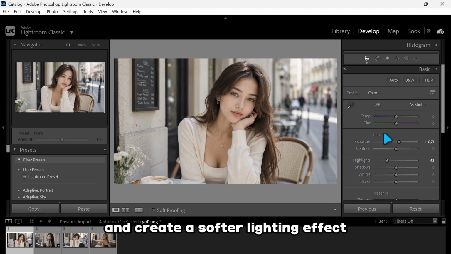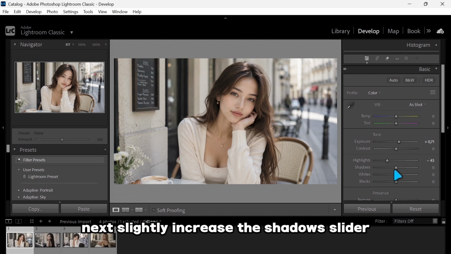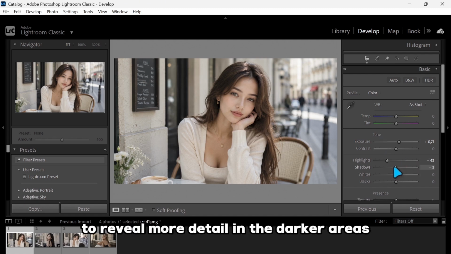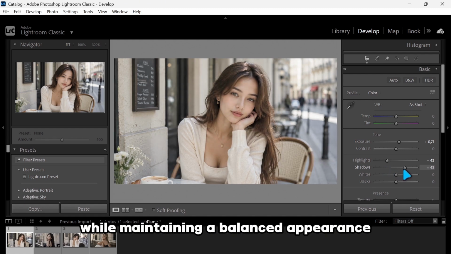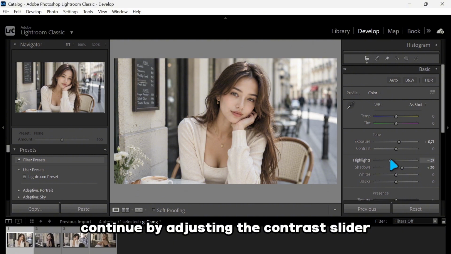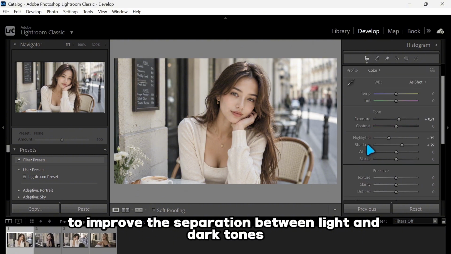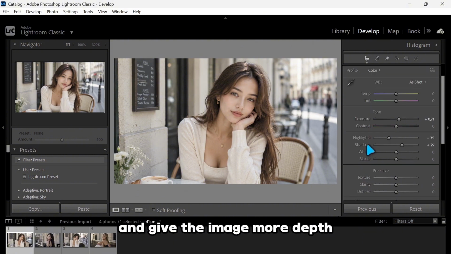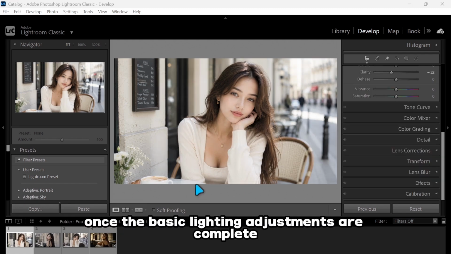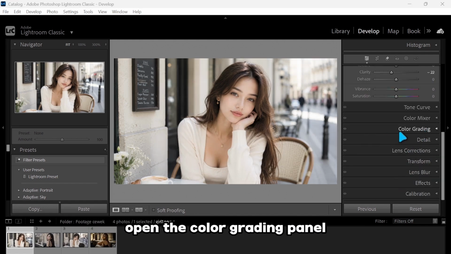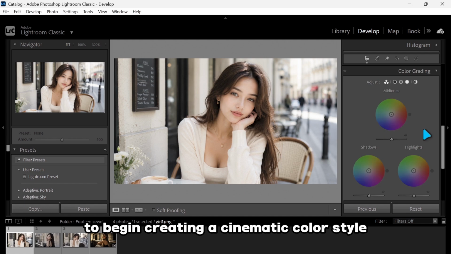a softer lighting effect. Next, slightly increase the shadow slider to reveal more detail in the darker areas while maintaining a balanced appearance. Continue by adjusting the contrast slider to improve the separation between light and dark tones and give the image more depth. Once the basic lighting adjustments are complete, open the color grading panel to begin creating a